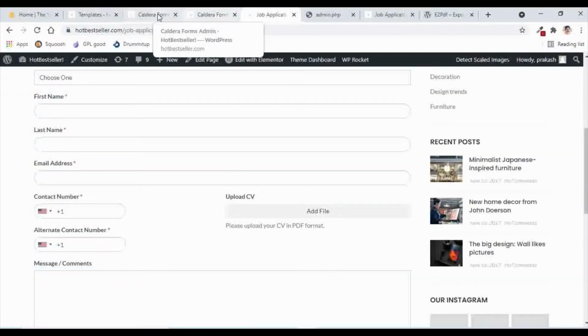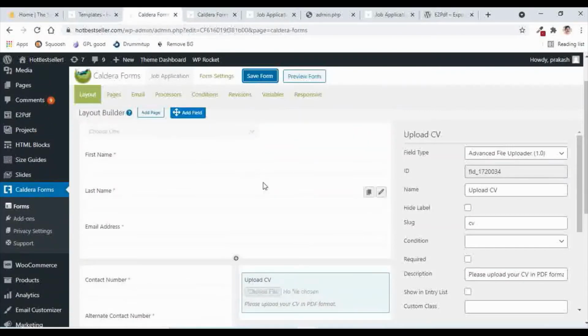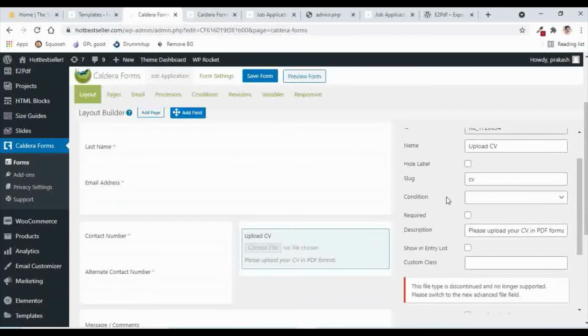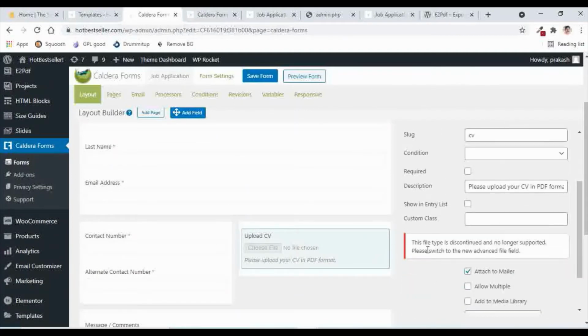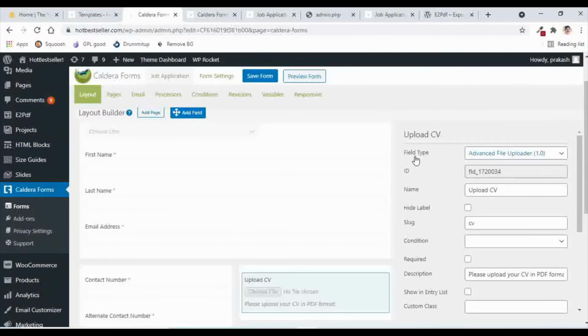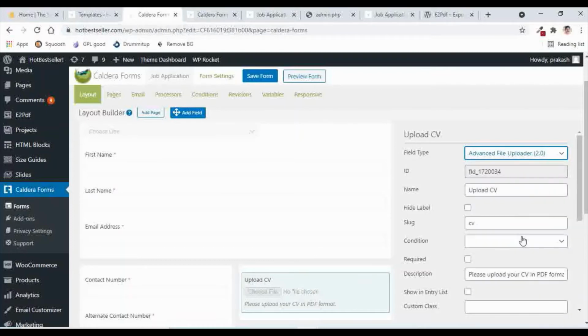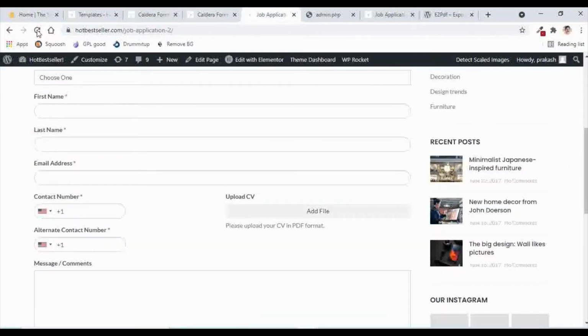So we need to go to the Caldera form and go to the settings, and you will see a warning here. This file type is discontinued and no longer supported. So please switch to a new advanced file field. So from the field type, we need to select a different file type, that is the Advanced File Uploader 2.0, and we just need to save our form. So now if we go and refresh our form,